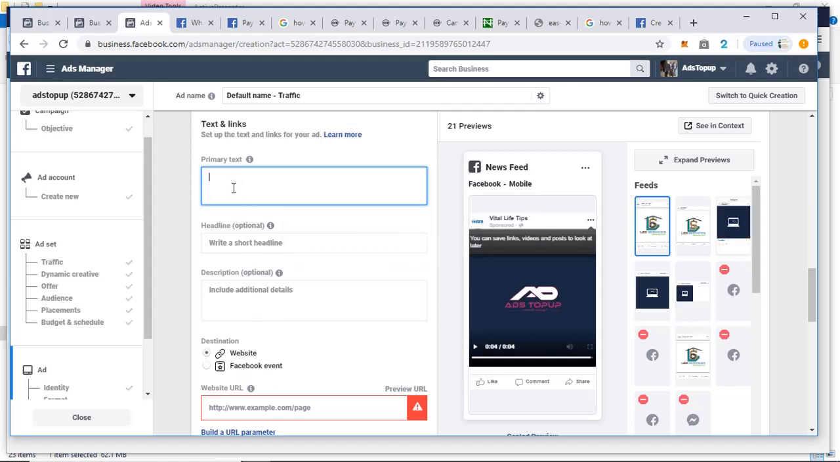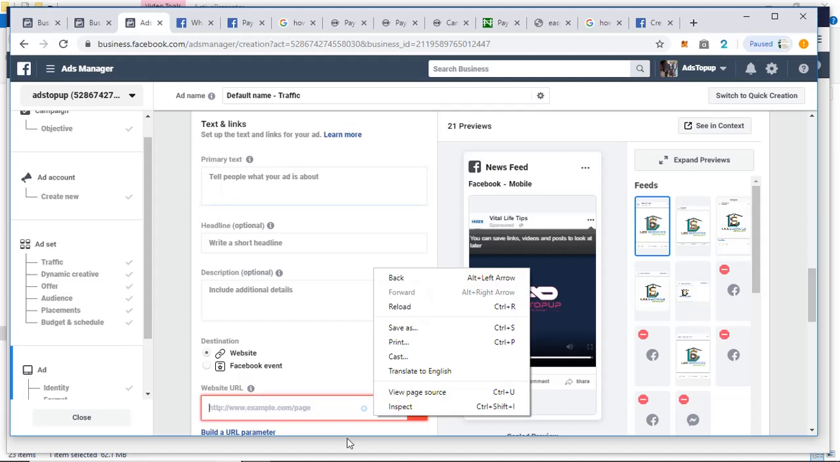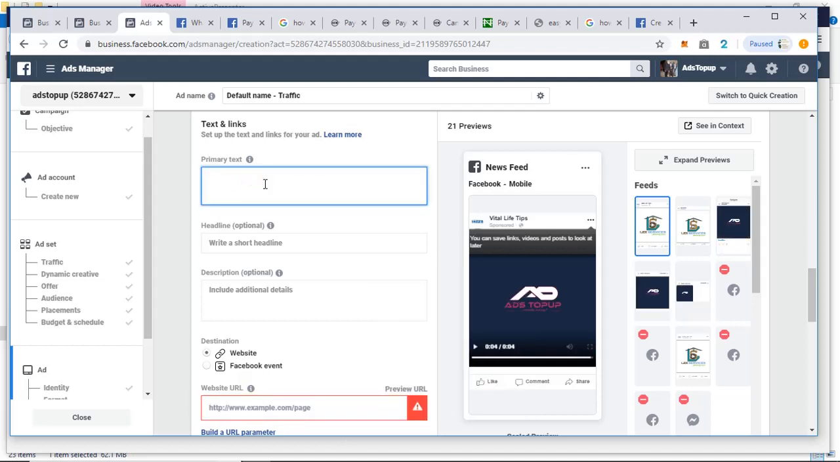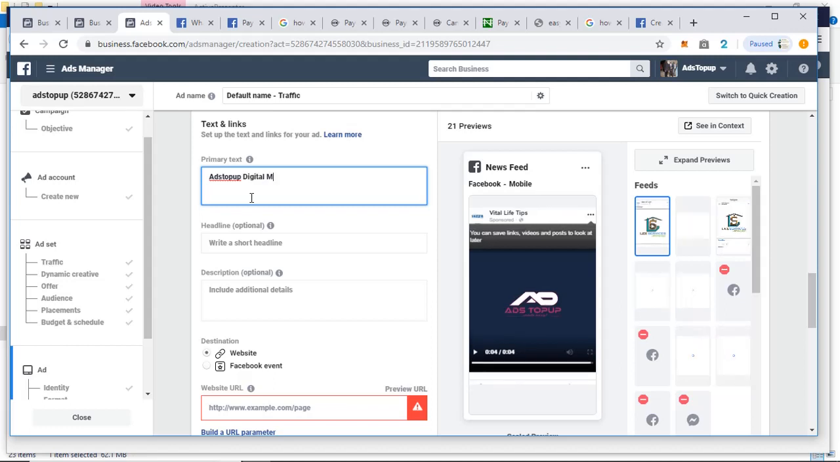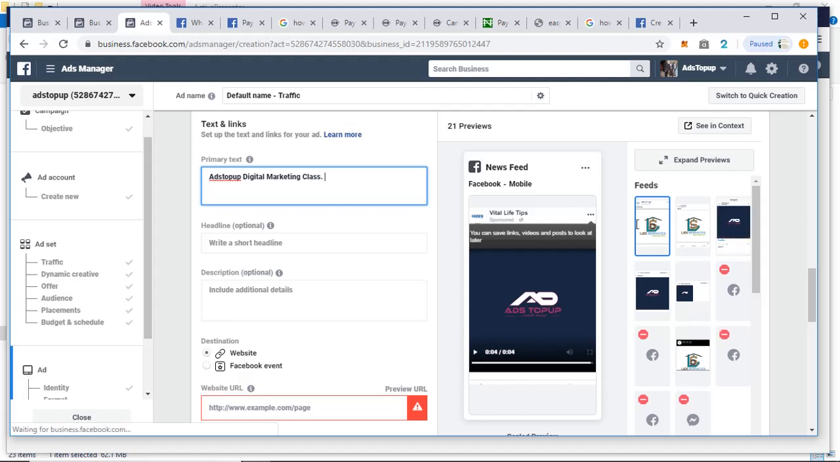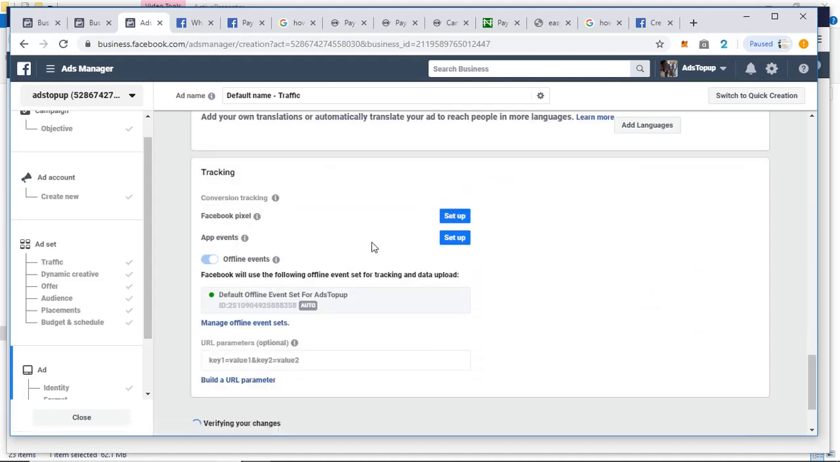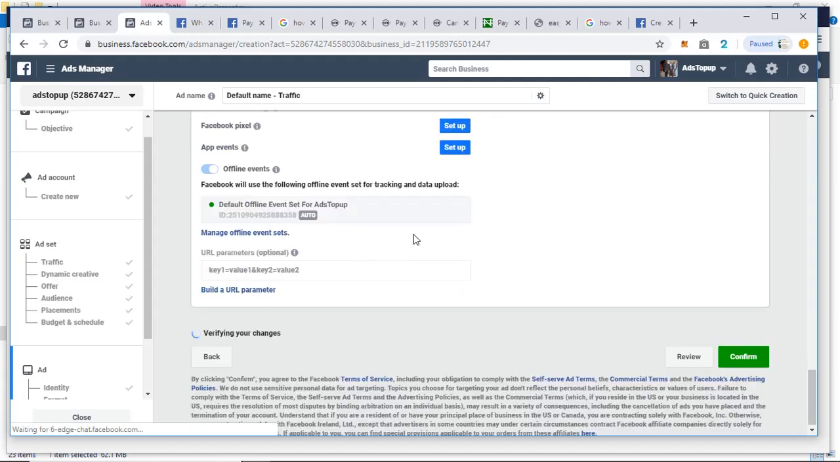Now, we input any text. The text you input here will come out here. You see how it is. At top of the digital marketing class. So when you do that,